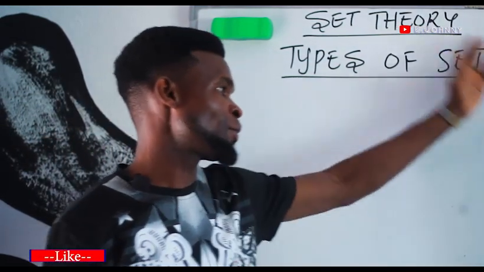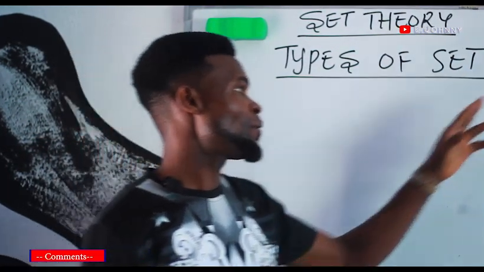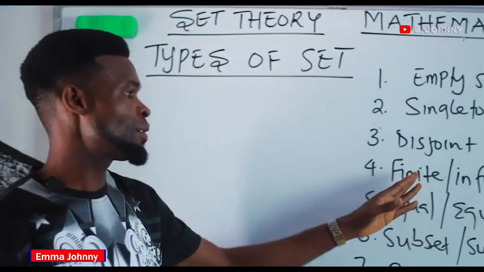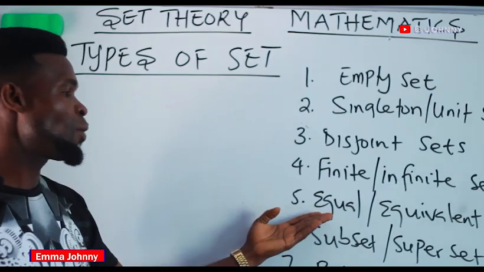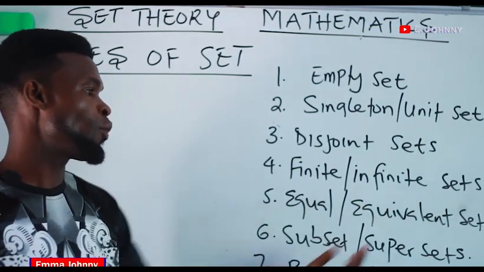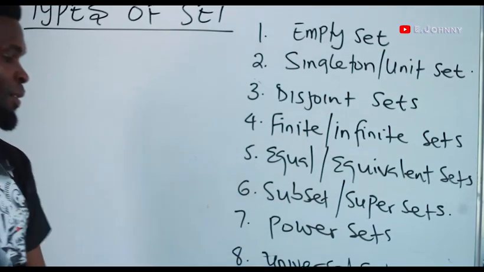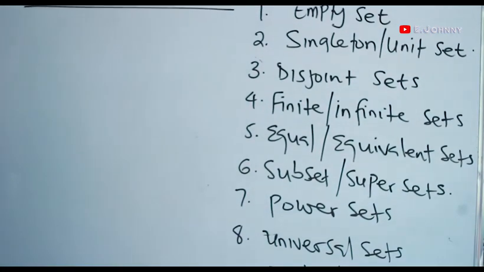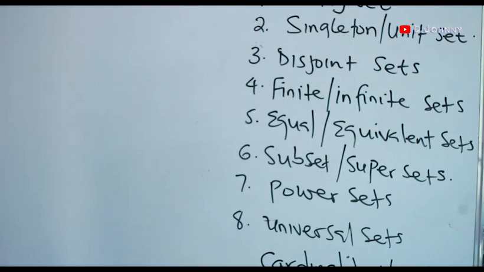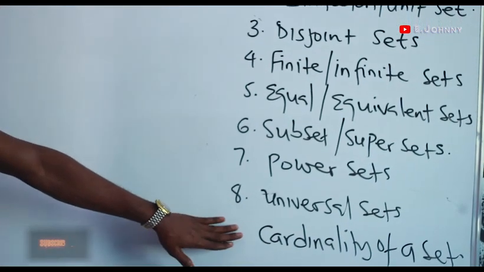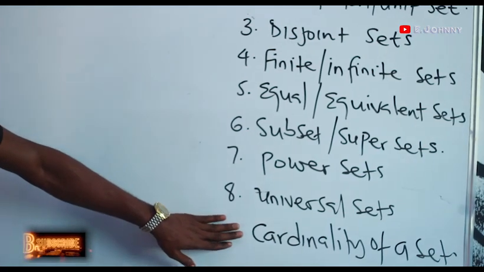And these are a few types of sets we'll be looking at. We have what we call an empty set, singleton or unit set, disjoint set, finite and infinite set, equal set and then equivalent set, subsets, superset, power set, universal set, and so on. But before I start, let me begin with the last thing here, which is